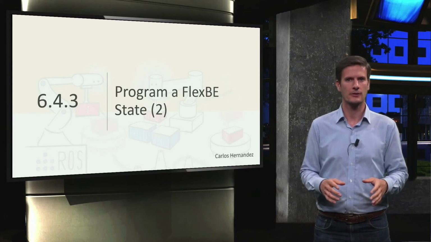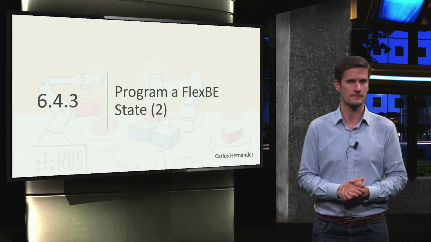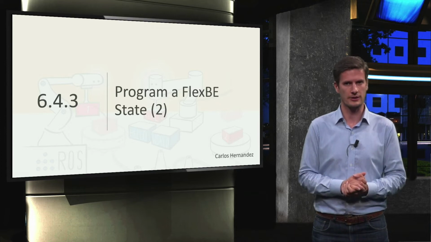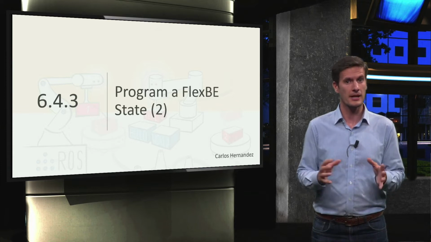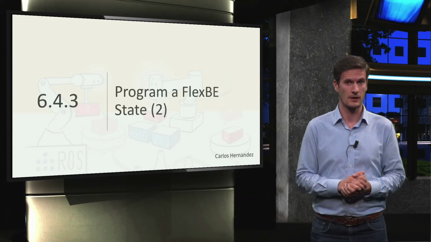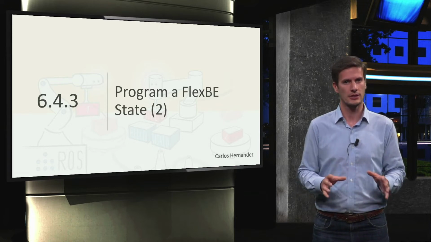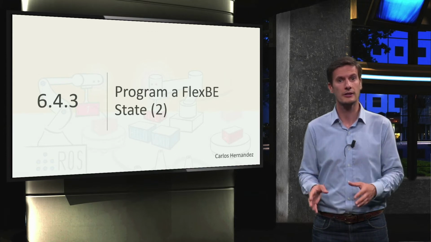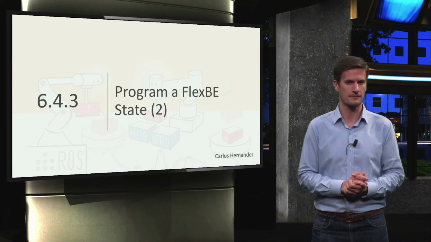In the previous video, we created our own state implementation to actuate the conveyor belt in the factory simulation. Let's see now the result using it in a new version of our factory. This time, the part does not magically appear next to the robot. We need to use the conveyor belt to bring the part to it. To achieve this, we will extend the pick behavior with the states to start and stop the conveyor belt using our new state implementation.